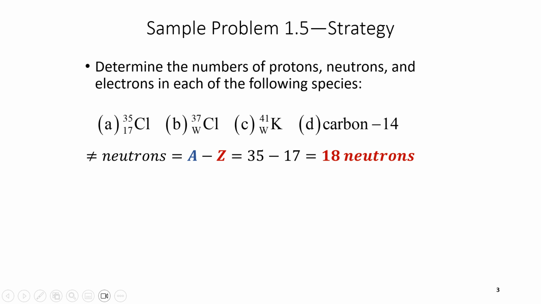In the last one, note that you have carbon 14. This is another way to write atomic and mass numbers. For carbon 14, this is the mass number, not the atomic number. But by looking at the periodic table, we have the identity of the element, so we can figure out what Z is. Therefore, we don't necessarily have to write that carbon has a Z number of 6. This 14 tells us that it's a mass number. Go ahead and work on the last 3 examples.